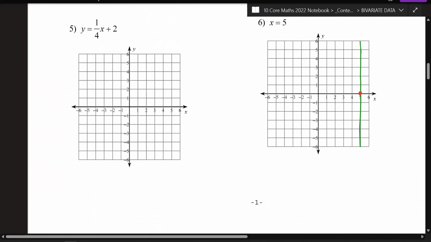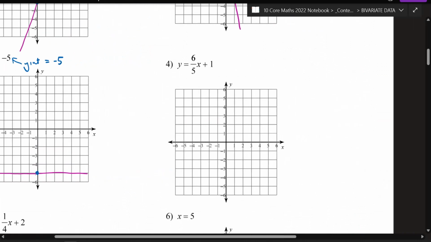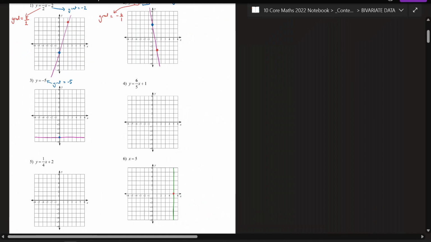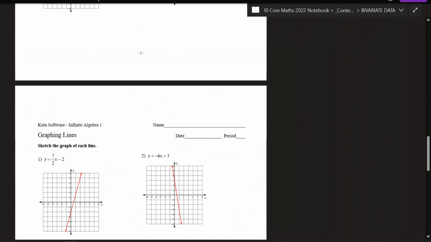Number 4. That one's easy. That's okay. You might have to draw extra ones in it. It might happen in the exam or the SAC. Do you want to do number 4, or are you guys good? You might have to draw extra lines on top of that. Does happen. All right. Any questions? Okay. Those are the lines that you're going to be expected to draw most of the time. And then you guys can now